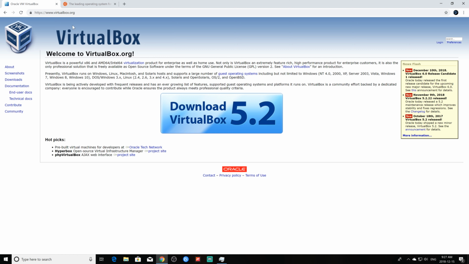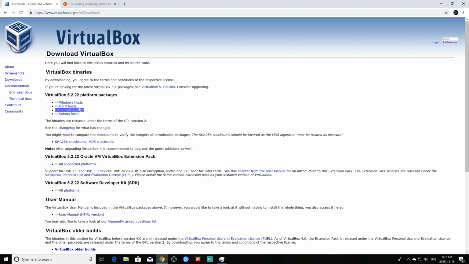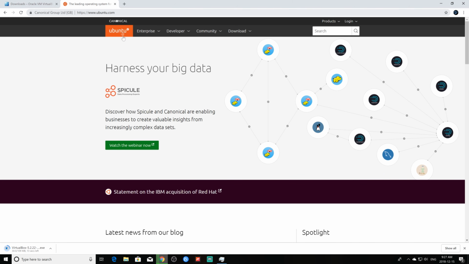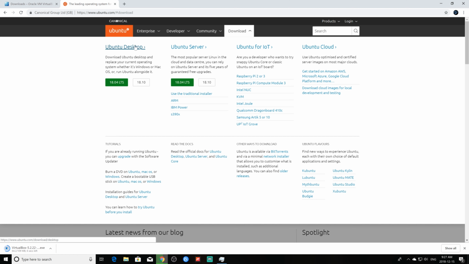Now, to install VirtualBox, you're going to want to go to virtualbox.org. Then you're going to want to click Downloads, and then Windows Hosts. That will start downloading it. Next thing you want to do is go to ubuntu.com and choose Download and Ubuntu Desktop 18.04 LTS. I already have mine downloaded, so